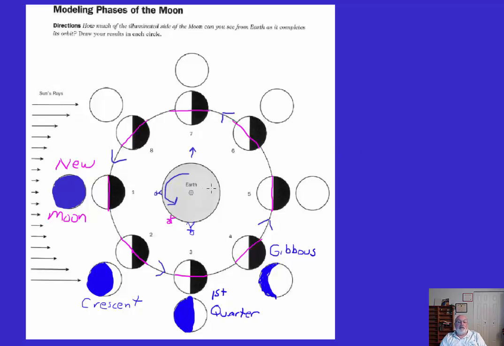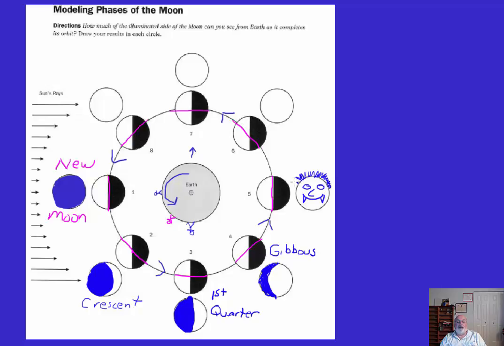And then if we're standing on moon number 5 looking at it, it's completely lit up. I do not want you to leave it blank like we did here. What I'd really like you to do is to actually make a face on this moon. And this is a different face than I showed in class today. We are getting close to Halloween. So I'm just going to make a little